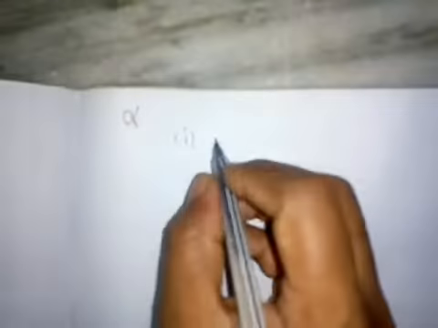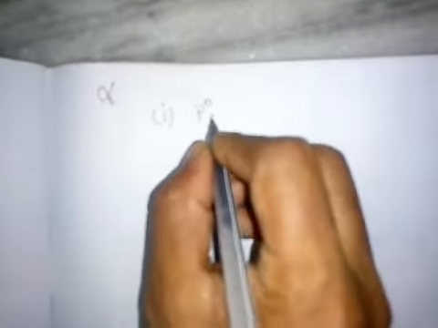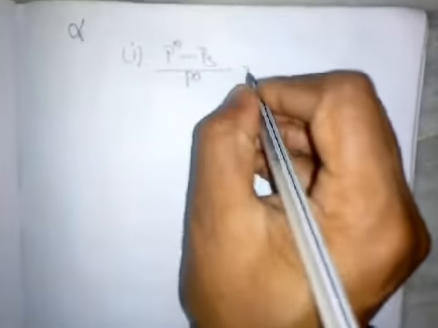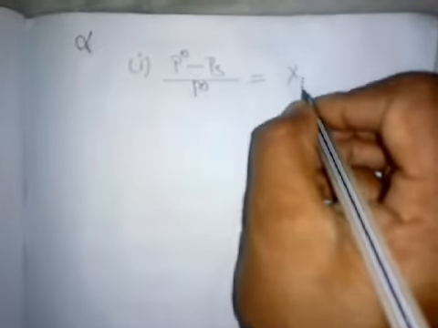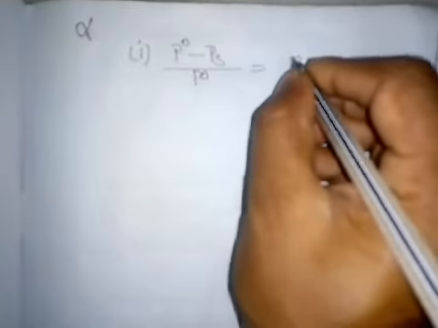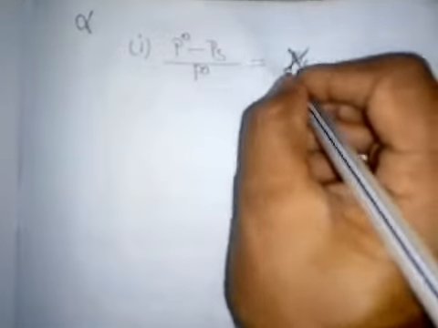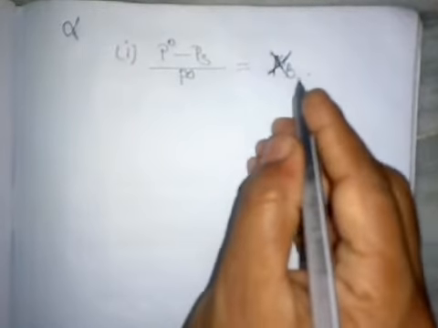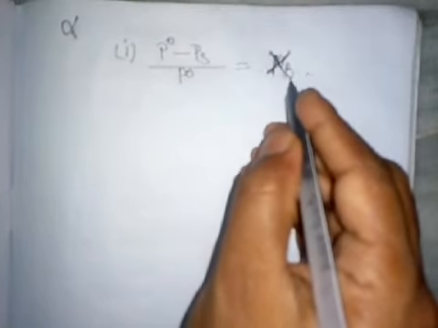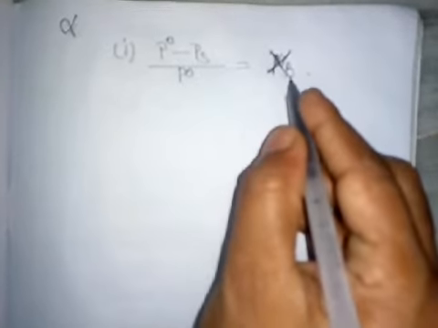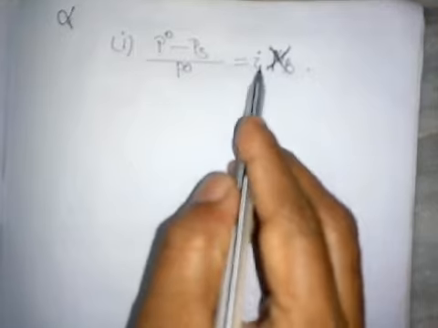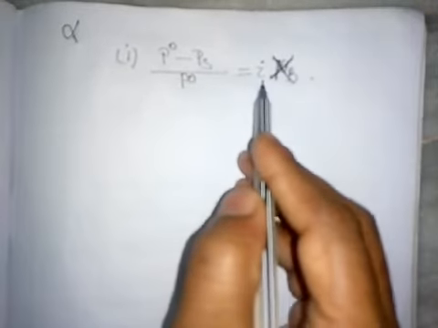Now, for relative lowering of vapor pressure, that is the first colligative property, we can modify the equation as P0 minus Ps by P0, that is relative lowering of vapor pressure, is equal to mole fraction of the solute. Now, this is our normal relationship. If it is said to possess abnormal molecular mass, that is association or dissociation takes place, then simply the mole fraction is multiplied by the Van 't Hoff factor.